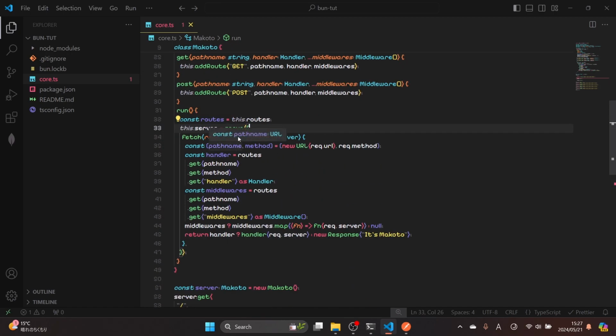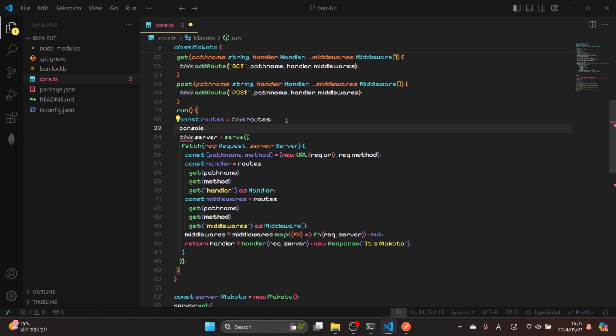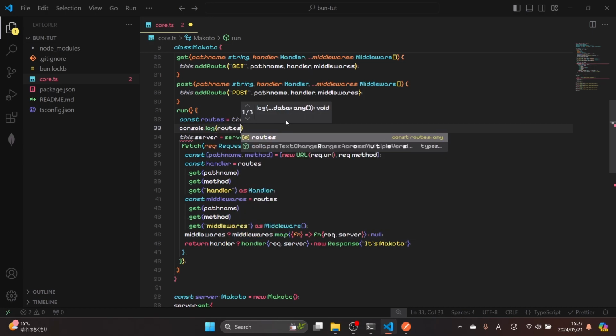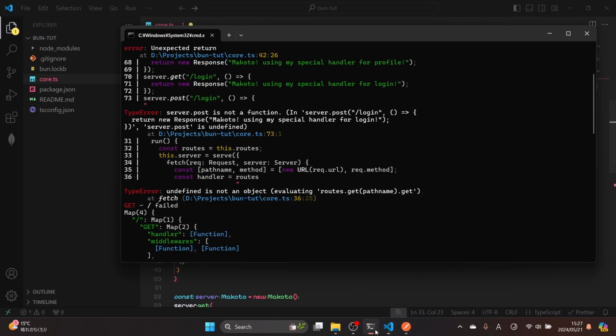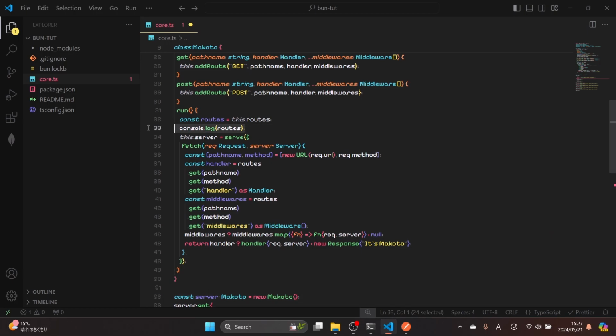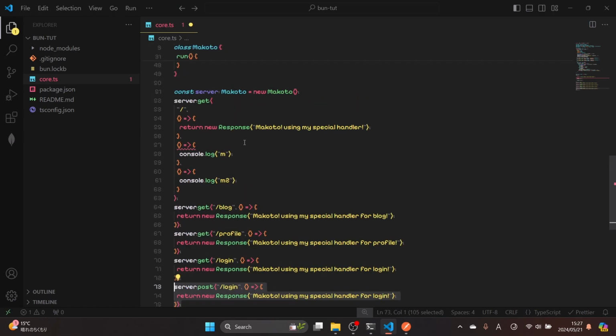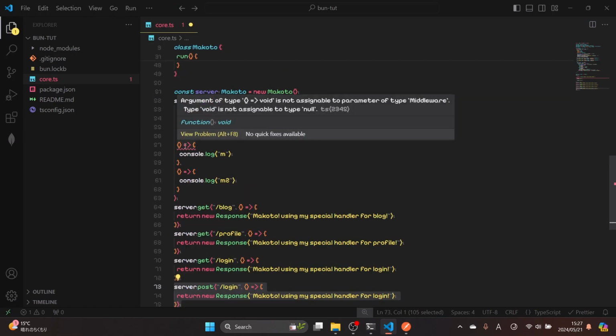What we can do is, first of all, console.log route, and if we do this, we're gonna have everything literally in here. So this is supposed to be working. Let's check for this if we have a problem. Let's stop this. Oh, what we have in here,